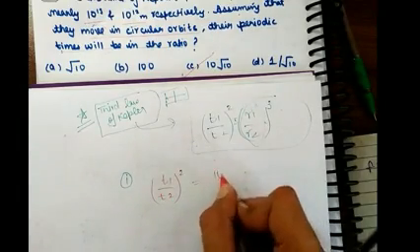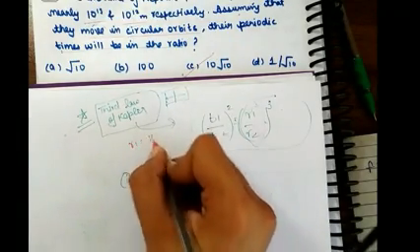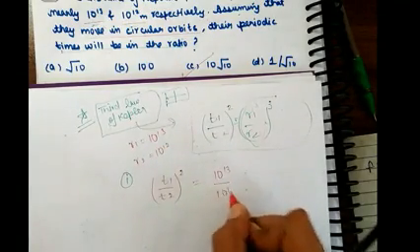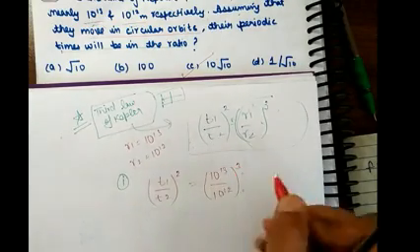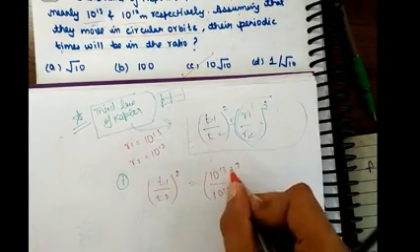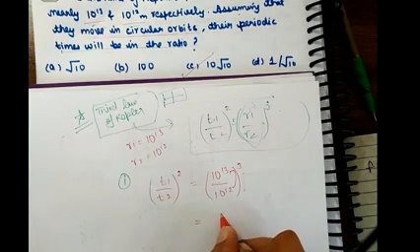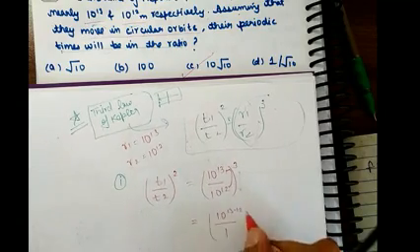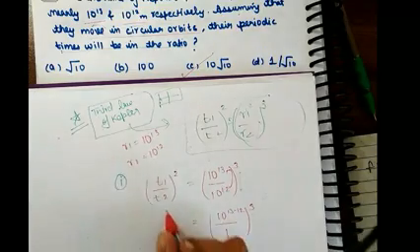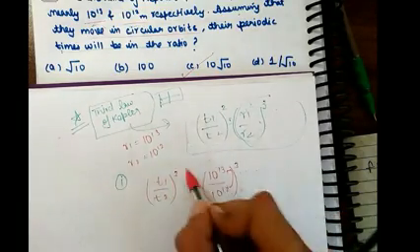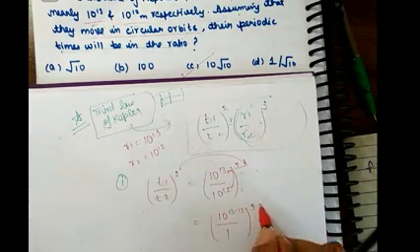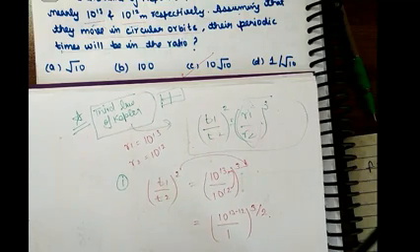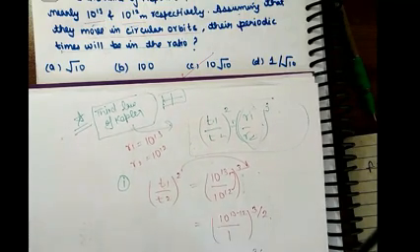T1 and T2 are what we have to find. R1 is given, that is 10 raised to power 13, and R2 is equal to 10 raised to power 12. Substituting these values, with the cube here, this value goes up. We can write it like this: 10 raised to power 13 minus 12, by 1, equal to 3. Taking the power from T1 by T2 over there, it becomes a dividing power. Now what we get is 10 by 1 equal to 3 by root 2.